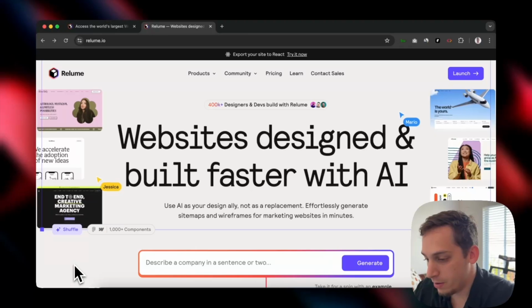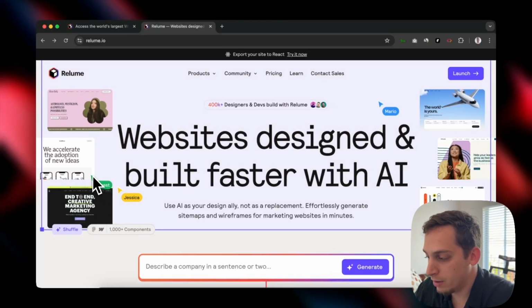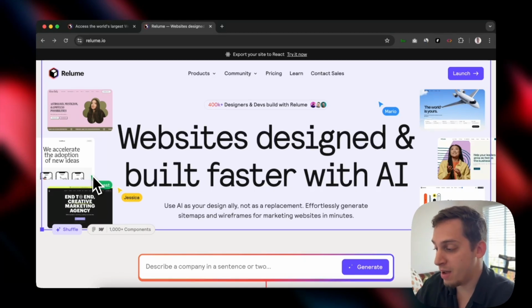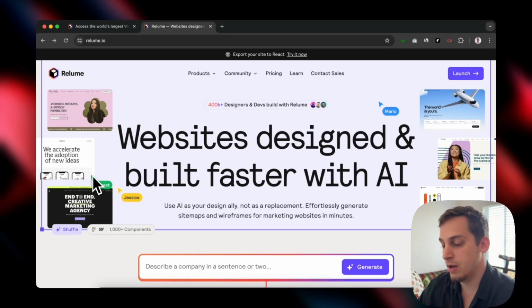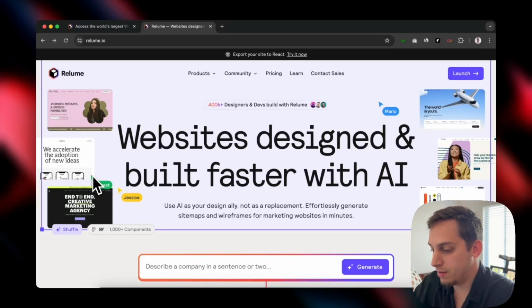Anyways, what we want to do today is go into Relume, generate some type of wireframe, see how fast that works, and bring that into Framer in a very smooth way. Obviously, we're going to need to involve Figma, because there's no direct way to bring in Relume to Framer, but Figma would be kind of the middleman, and we're going to be using a few plugins here and there. But it's quite a simple transition, quite a simple process. So if that's something interesting for you guys, make sure to stick around